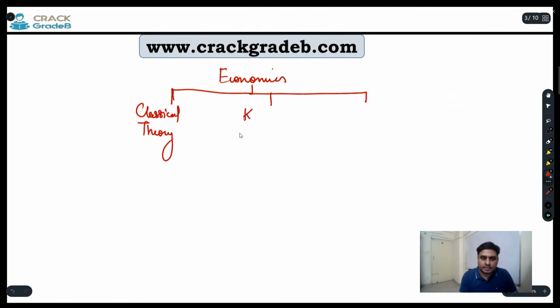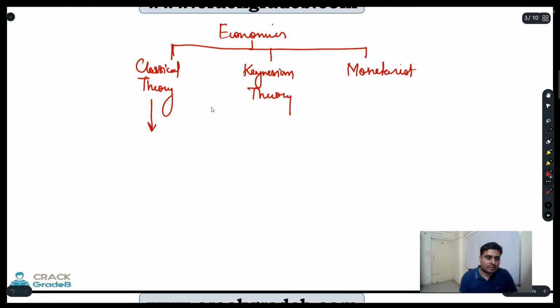Another dominant theory is Keynesian theory. And third is monetarist. So when we talk about the classical theory or classical economists, they emphasized on